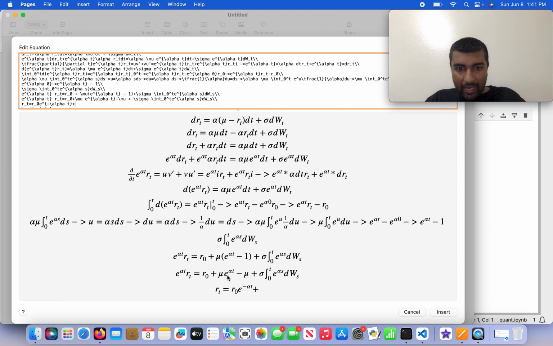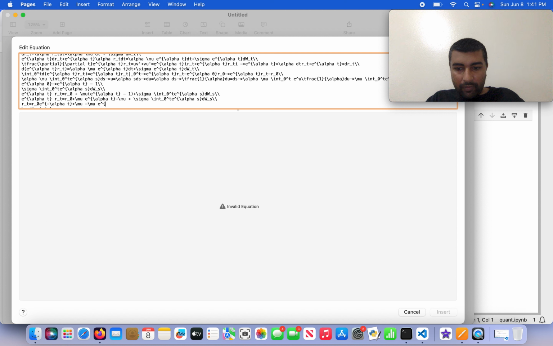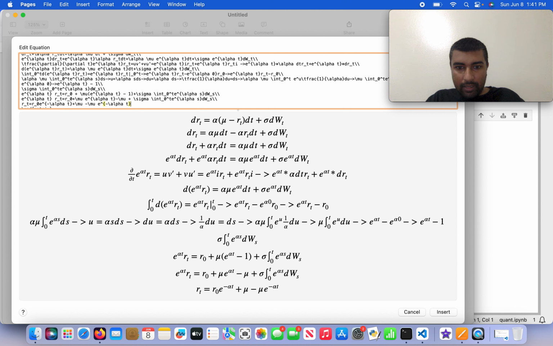So notice we already have an e to the power of alpha t here, but if we put e to the power of negative alpha t, it's going to cancel out. So it's just going to be mu. But over here we have negative mu, so this is going to be negative mu e to the power of negative alpha t. And now for the last part, it's going to be sigma e to the power of negative